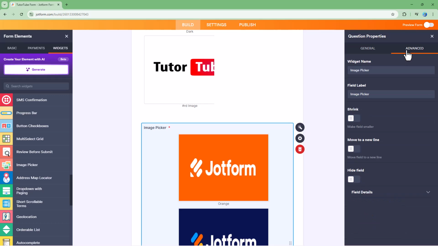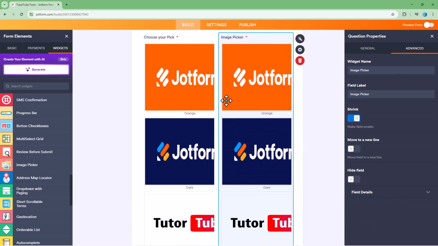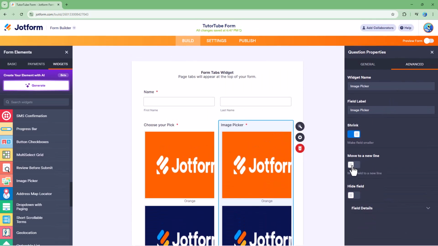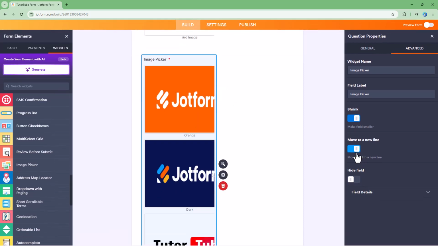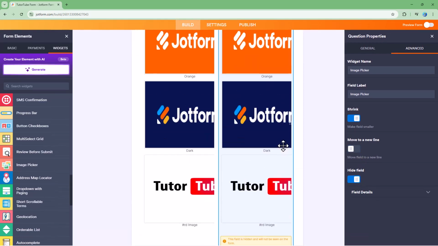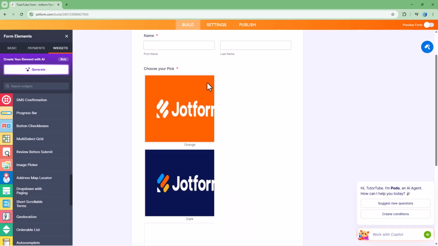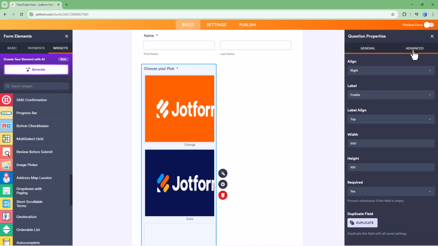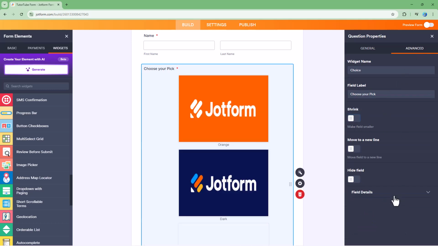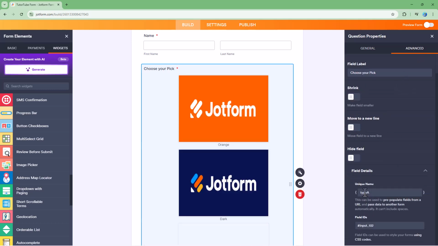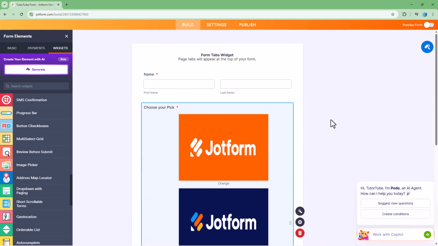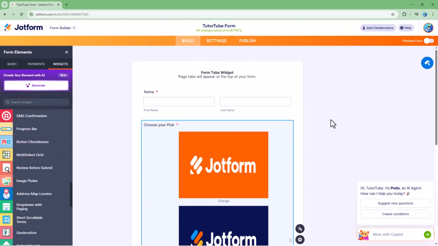And if you were to shrink two elements, you can see that they are there side by side. You can move it to the new line as needed as well. And you can even hide the field that you don't want. But let me delete this right here, just like this. And then I'm going to remove the shrink as well. Apart from that, you can also see the field details right here to see the detail at a coding level as well. So this is basically how you can add in an image picker